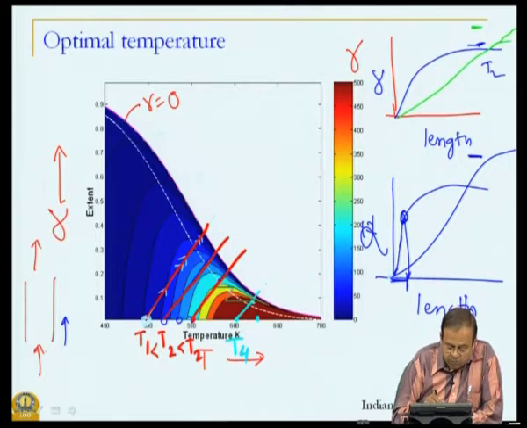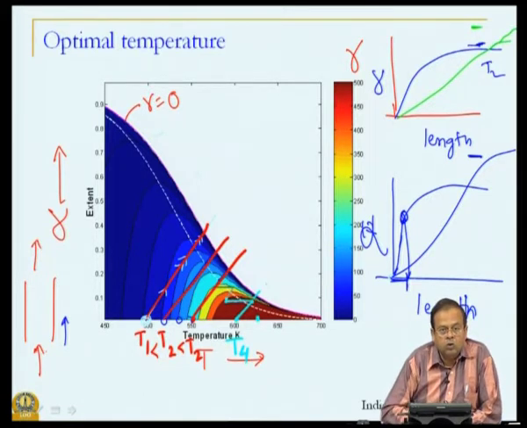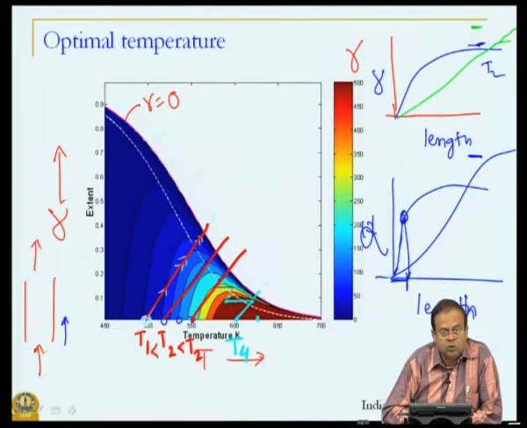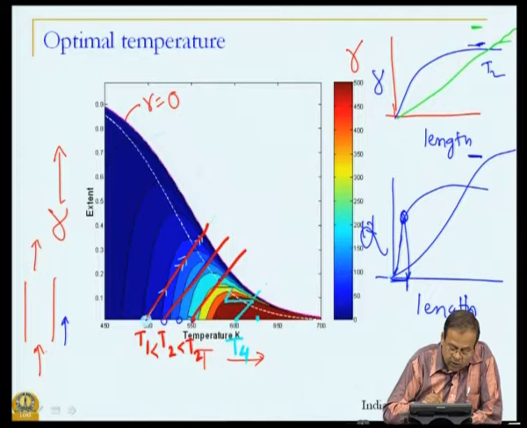If I reduce my temperature without doing anything to the reactants, I will travel along this horizontal line. So, what will I have? I will have the same conversion but a lower temperature now, and I will once again start my adiabatic operation. Once again I will travel along a straight line and I will reach some point.